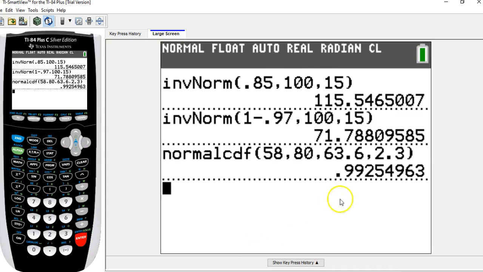This gives me 0.992549. Now they want this as a